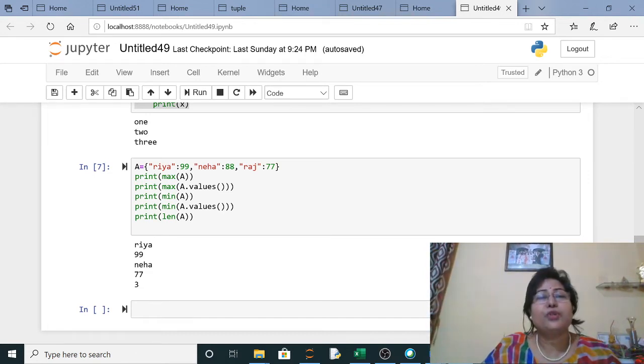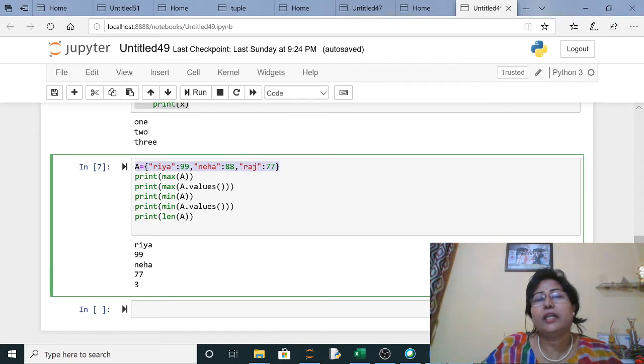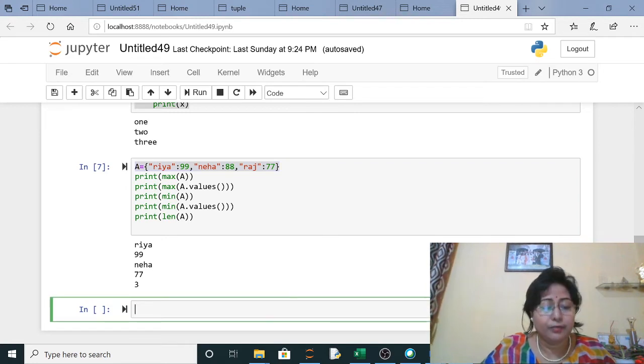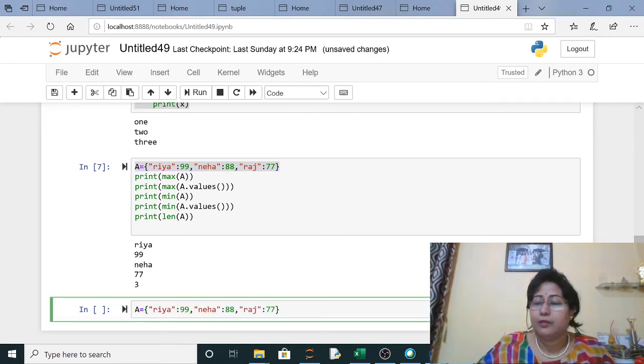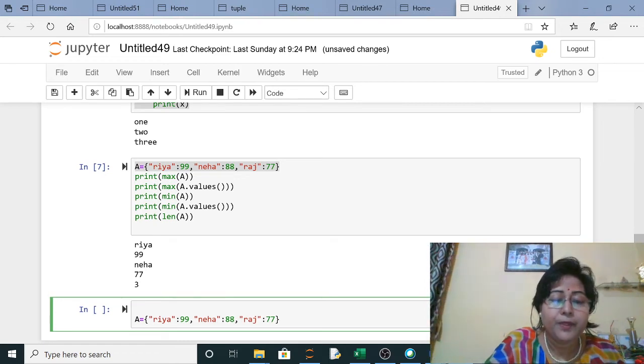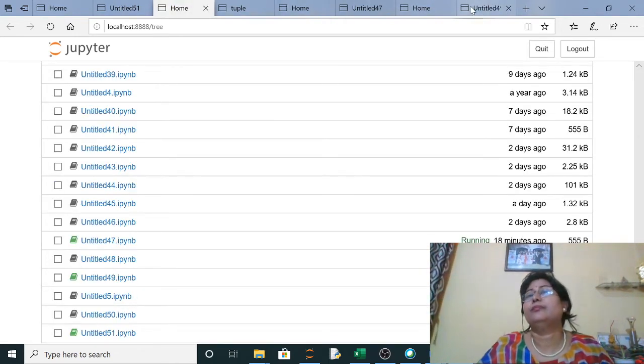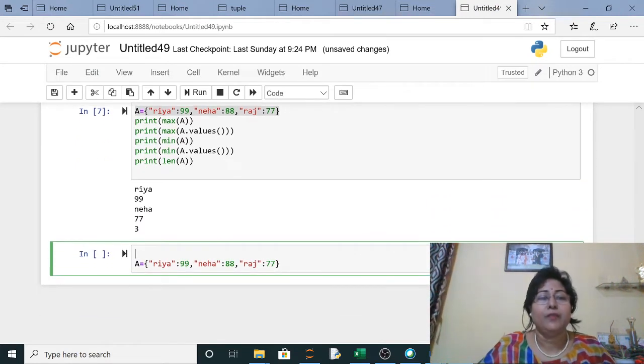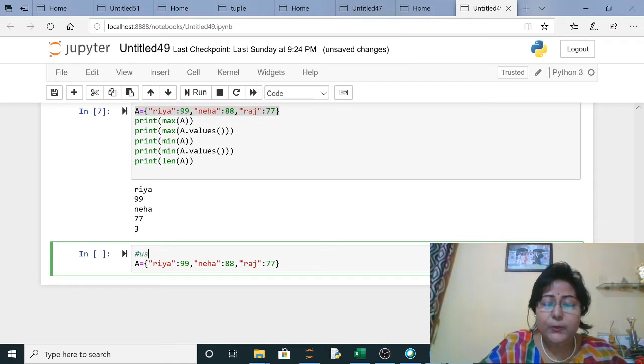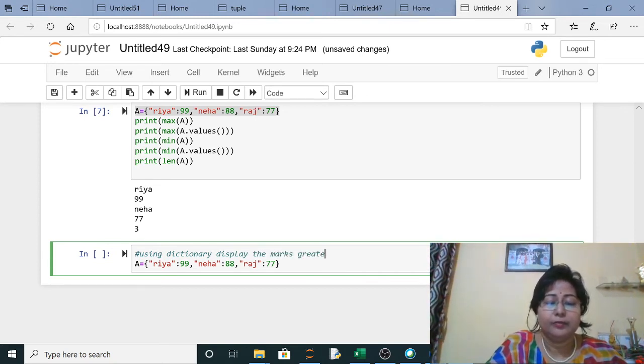Clear? Now suppose the question is you have to display the marks which are greater than 75. So this is our question. Let us solve this question. Yes, our question is using dictionary, display the marks greater than 75.